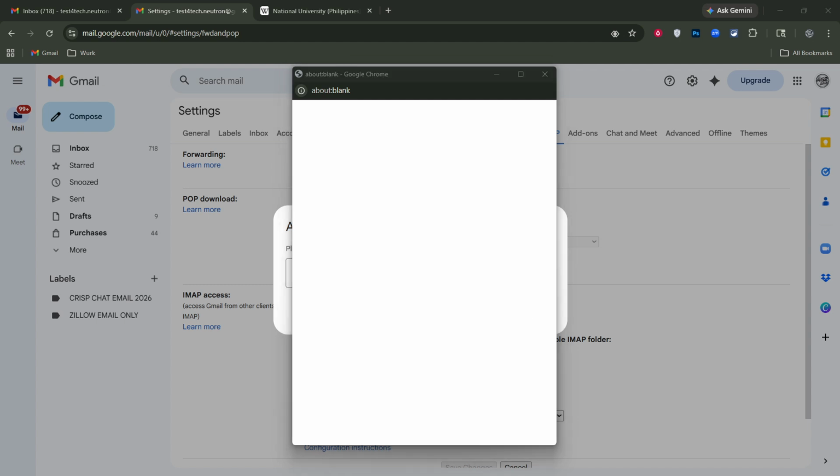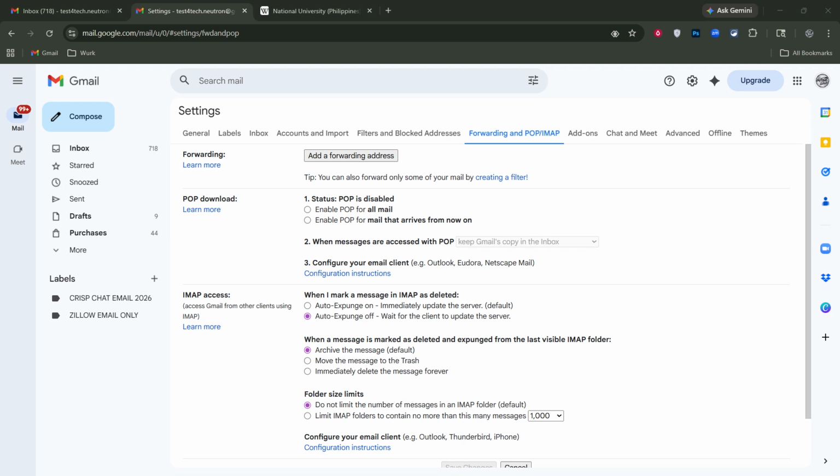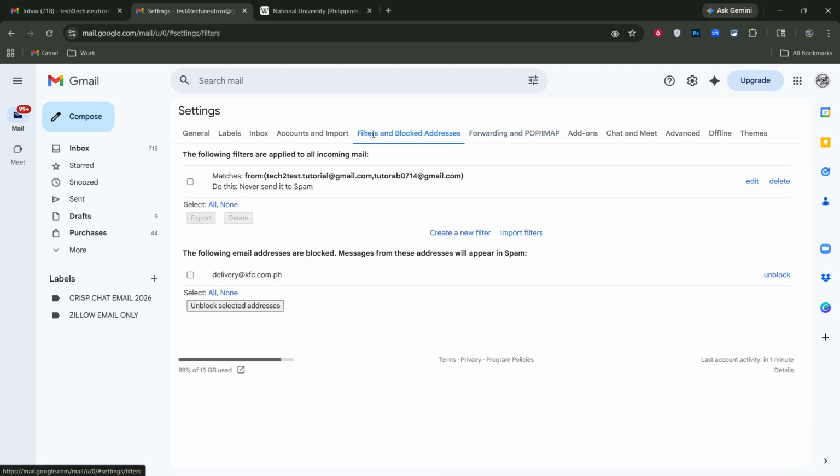Go to Settings again, then Filters and Blocked Addresses. Look through your filters carefully. You're looking for any rule that might skip the inbox, delete messages, or redirect them away from the forwarding address